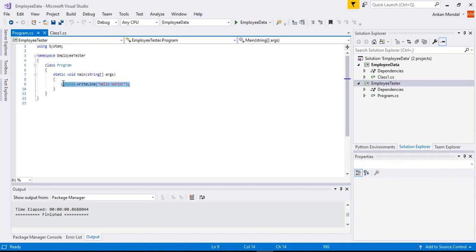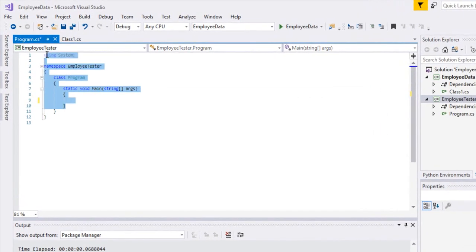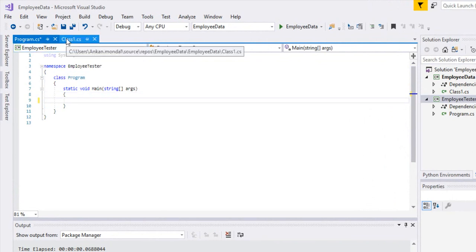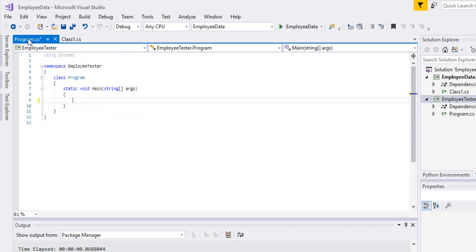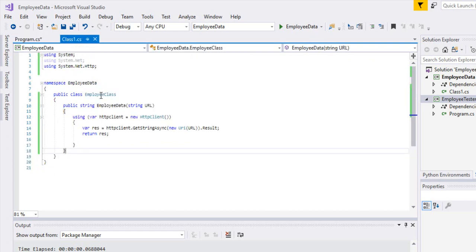Okay, so now this is a tester class, and this is the main class. Now all we have to do is call the other class that we have created, call the method, and pass the parameter to see what is the response from the API. To do that, initially we have to create an instance of the class,